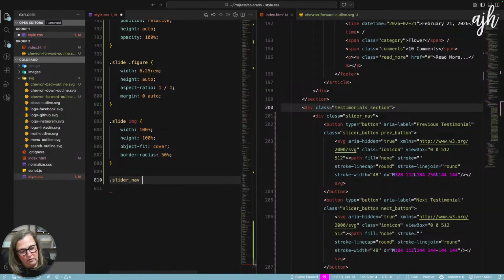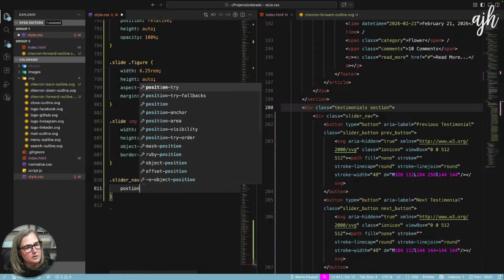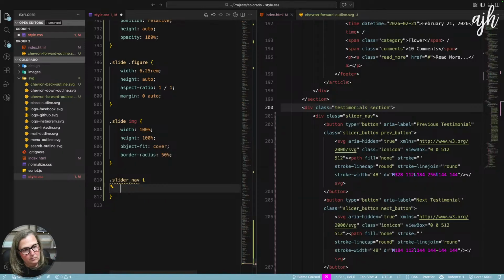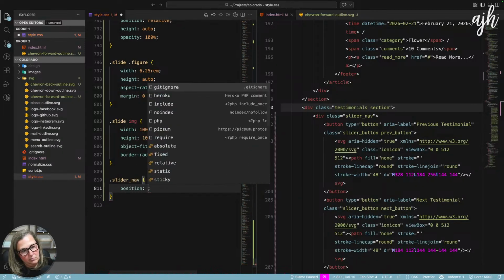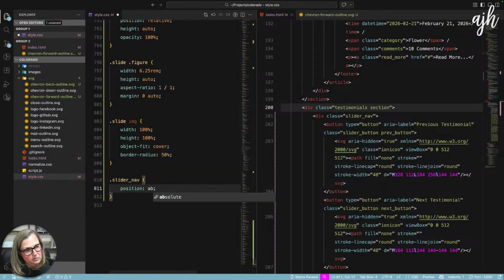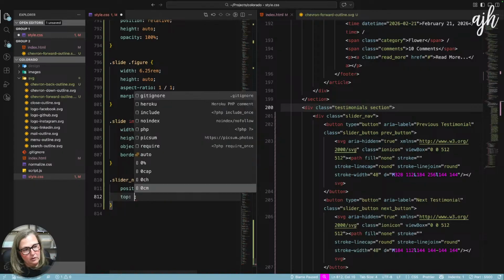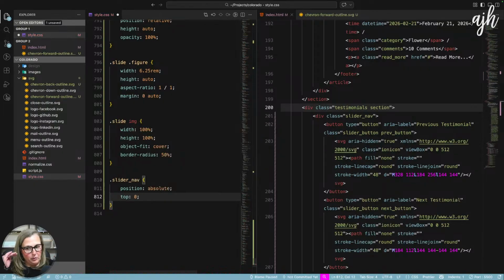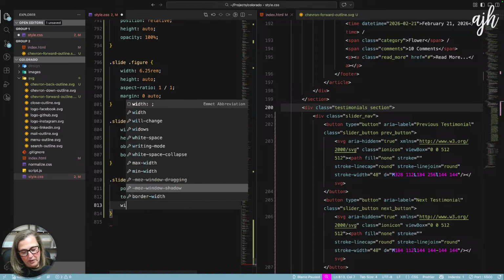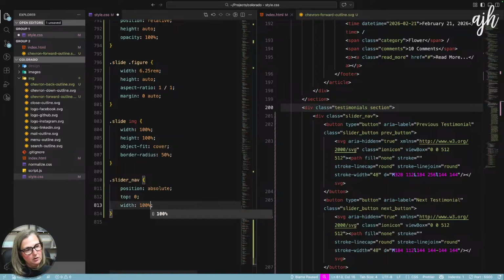Slider nav. Position absolute. For now, I'm just going to say top 0 and we'll position it. Width 100%.